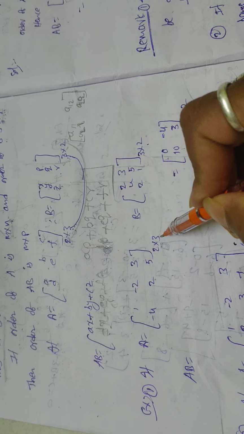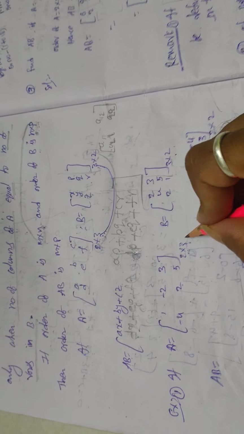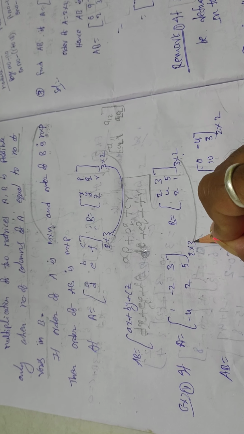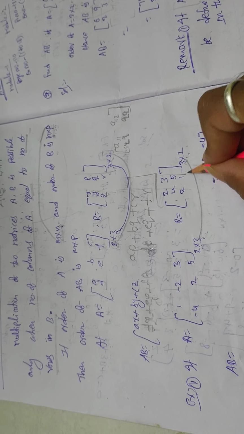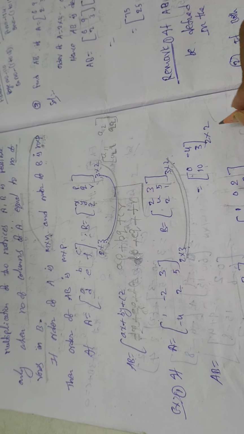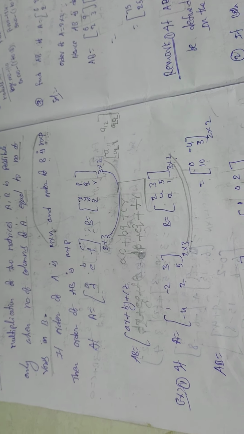That is important. Yes, here 3 by 3. Okay, here what is it? 3, 3. Both are equal. The number of columns in the first matrix and the number of rows in the second matrix are equal. Okay, so 3, 3 are equal. So the resulting matrix order is 2 by 2. Okay, 2 by 2. So here also we have A11, A12, A21, A22.